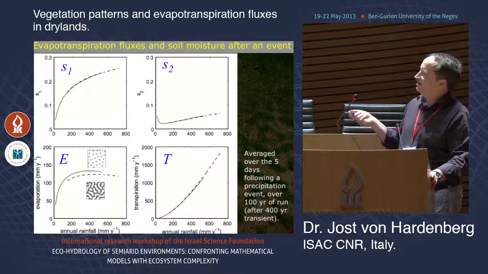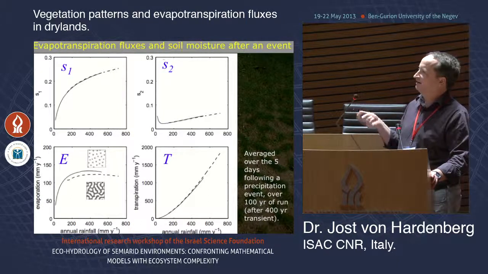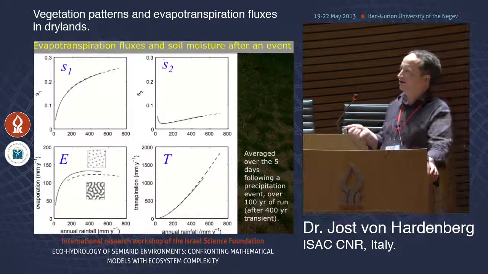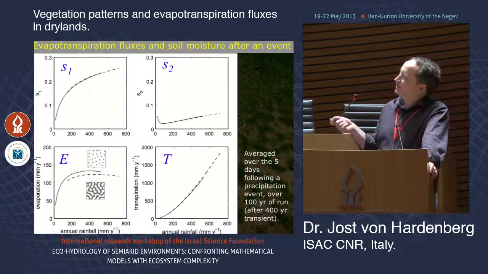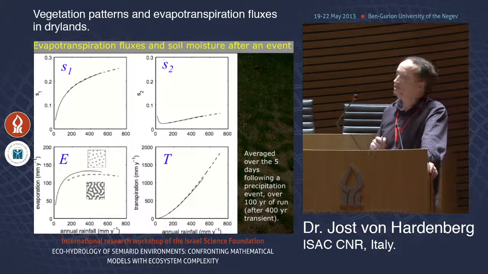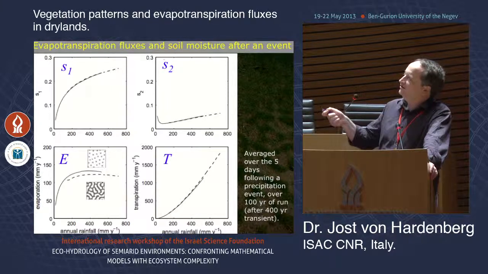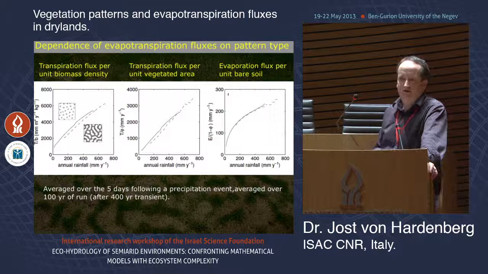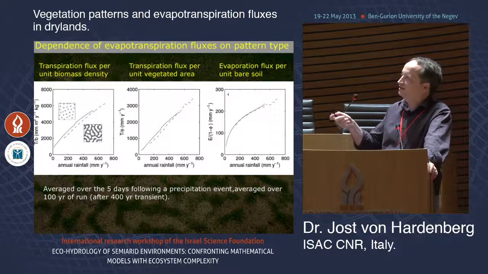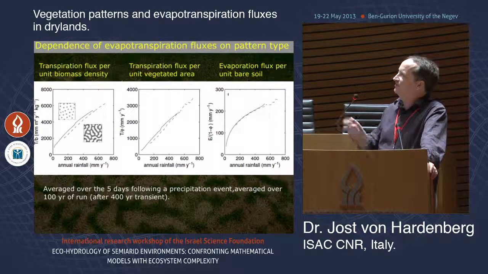What we find here, after doing a very long transient and averaging over hundreds of years of model run, is the bistability of the evaporation. We apparently do not find too much difference in transpiration, and we find very similar levels in soil water levels, both in the top thin layer and in the deep